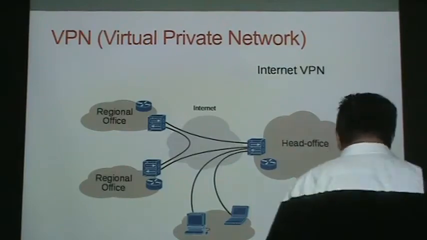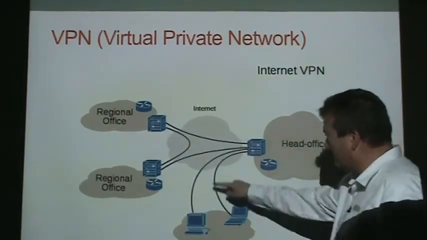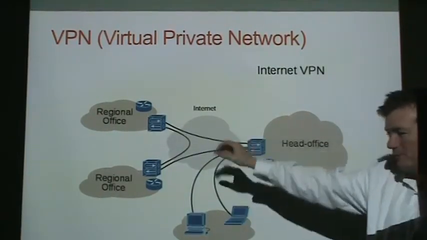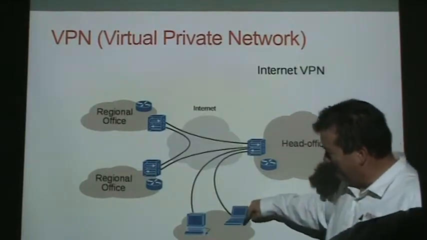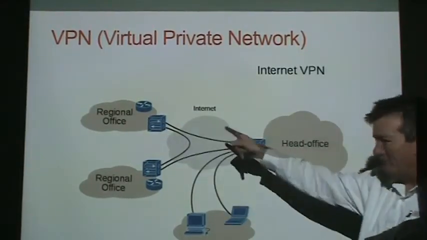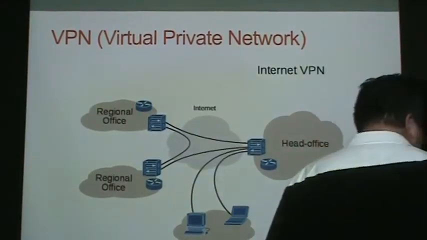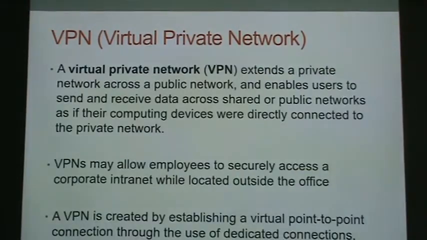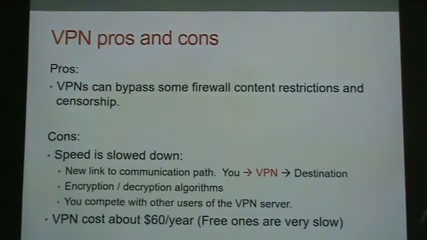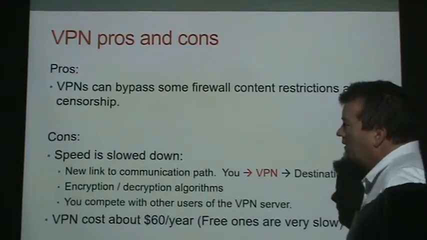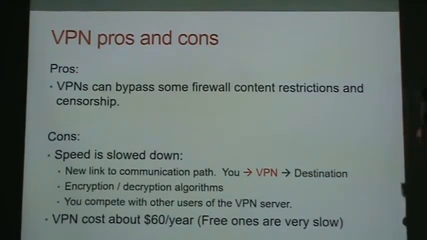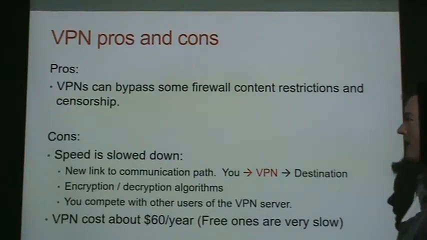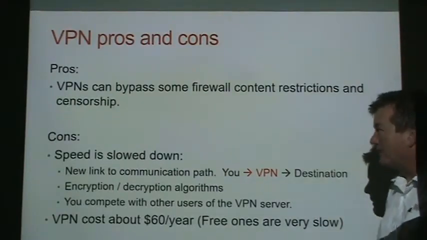So it slows things down, especially if these were spread out, if this was Asia and Europe and the US. Instead of sending the message from one continent to another, it's traveling through two continents, so it could slow the network speed down. Okay. So some of the pros and cons of VPNs are, the obvious pro is VPNs can